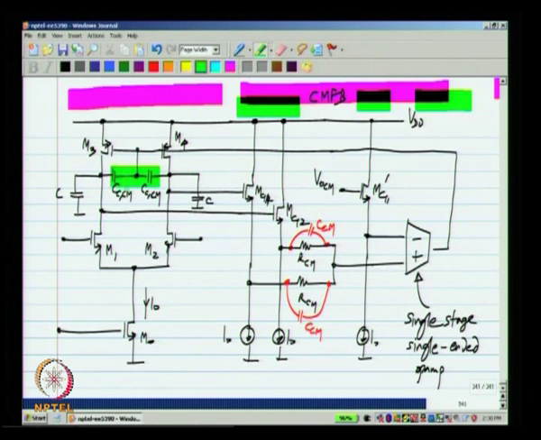Now, the moment you add this CCCM in this fashion, what happens is in the differential mode they will load the op amp, because in the differential mode this point is at ground and CCCM will appear in parallel with C. So, you have increased the load capacitance of the op amp, which will reduce the unity gain frequency, but we need these integrating capacitors or compensation capacitors to make the common mode feedback loop stable. We need to have these capacitors, and that will inevitably add to the load capacitance, we just have to live with it. Okay. Now, if you minimize the delays in other parts of the circuit, you do not need to use large capacitors here, and they can be made as small as you wish. Okay. Making them smaller will reduce the excess load on the op amp.